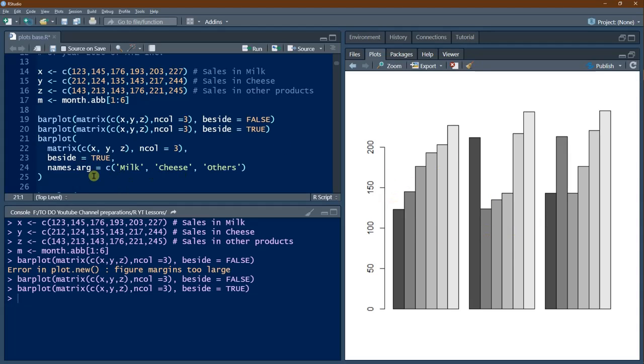I am going to add names. names.arg, there is an argument, and in barplot, when you type barplot and then put a tab, then you will see various arguments. One argument is names.arg. That is, you can give each group the name. So I am going to give this, execute this, let's see.